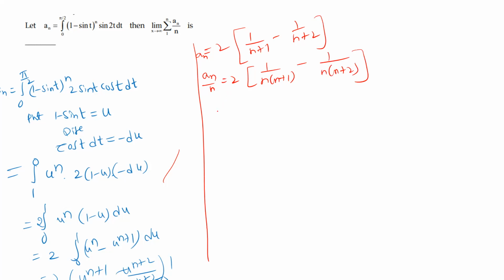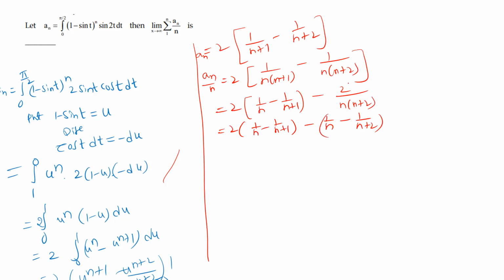Now the summation we can take later. This we can write as 2 into consecutive factors only. Simplifying, we will get the same. Now multiplying 2 inside, 2 by n into n plus 2 is 2 into 1 by n minus 1 by n plus 1. If you subtract these two, what will come is 2, which is also the numerator. This we can write as 1 by n minus 1 by n plus 2, the difference, and the 2 we have taken already.